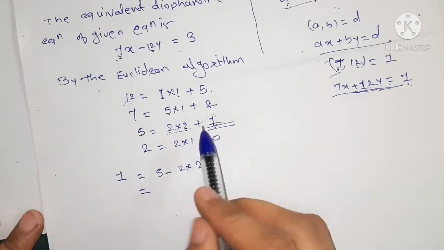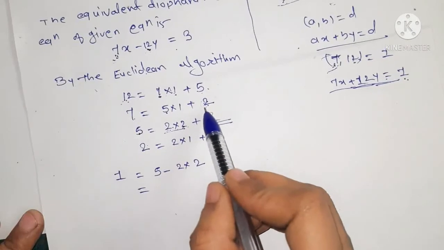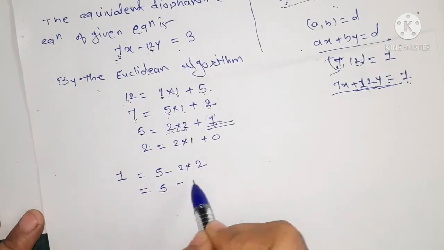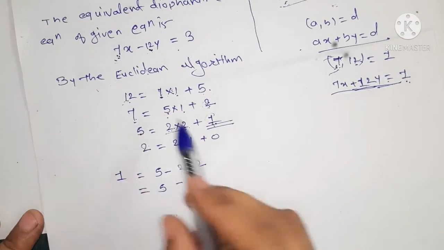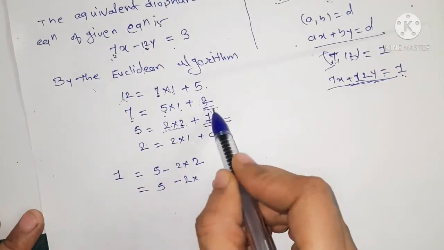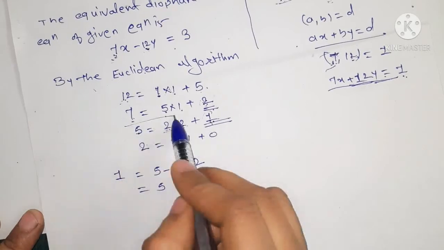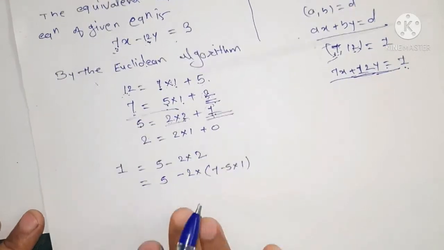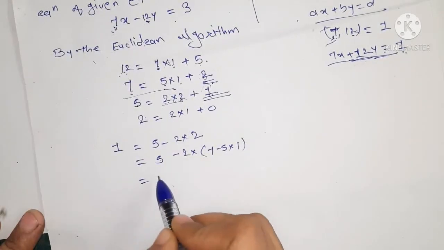Now this 2 is our remainder. So 2 can be expressed as 7 minus 5 into 1. So 5 is as it is, minus 2 multiplied by this 2. From this we can write this term as 7 minus 5 into 1. Okay. Now opening the bracket we have